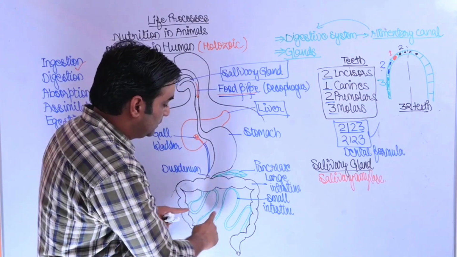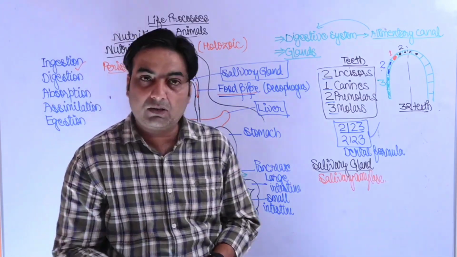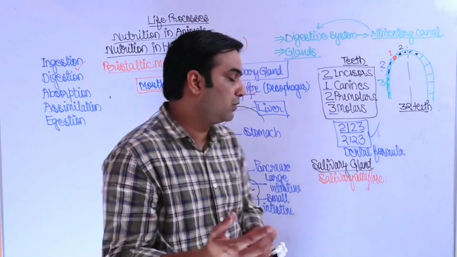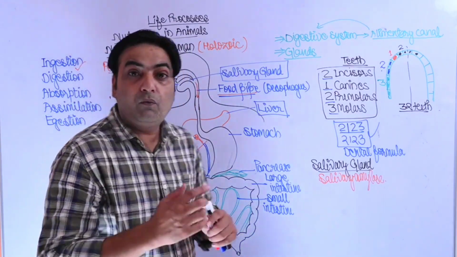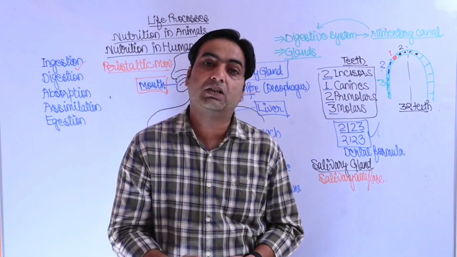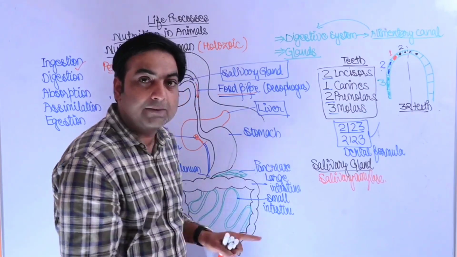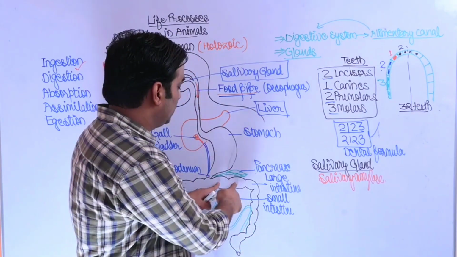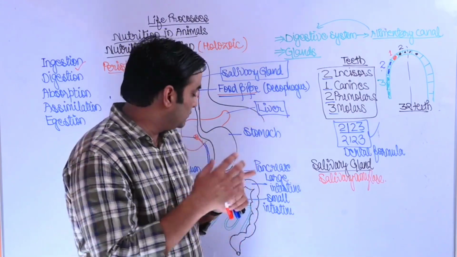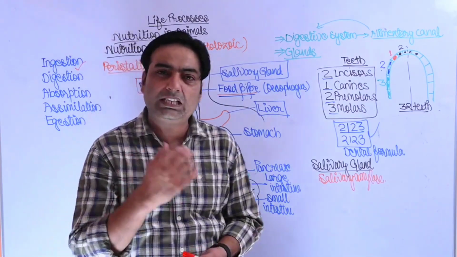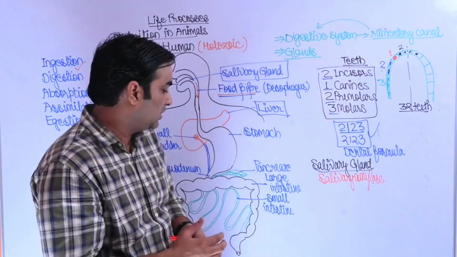Then food goes to the small intestine, where absorption happens, and finally the food goes to the large intestine, where reabsorption of salt and water takes place. Digested food is absorbed in the small intestine. The undigested food goes to the large intestine, where absorption does not occur, only reabsorption of salt and water is possible, and the rest of